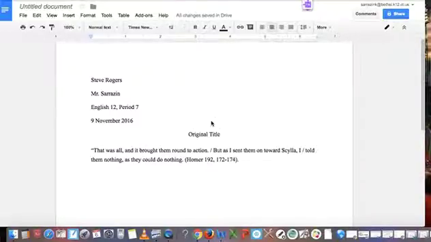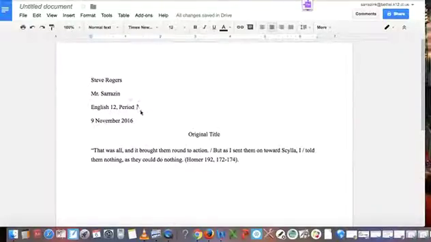Update on a few format things that you can take care of before we get to our peer editing in class. These are a few easy things you can do for your papers to make sure you have MLA format all set and taken care of. Alright, couple things. As you can see, your heading has your name, my name, English, and